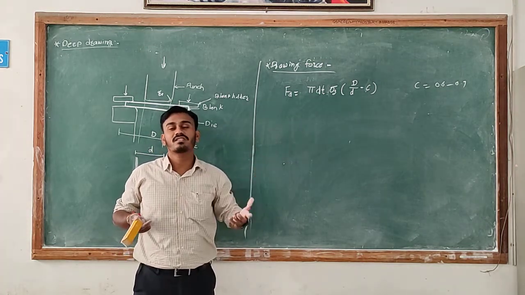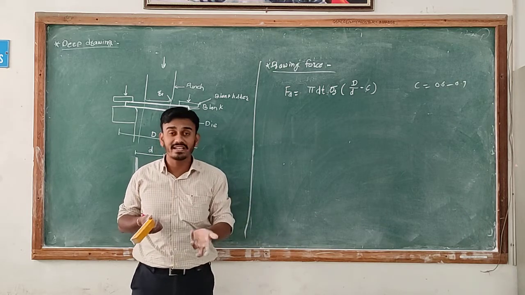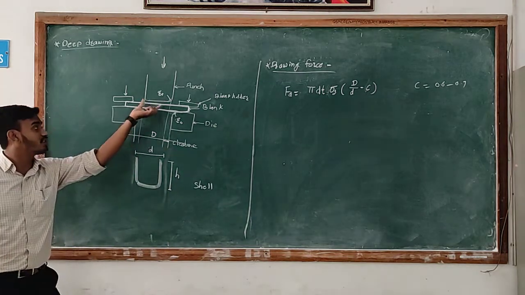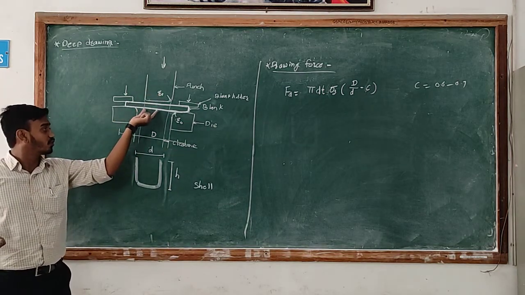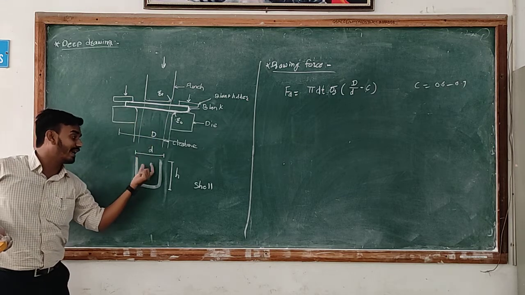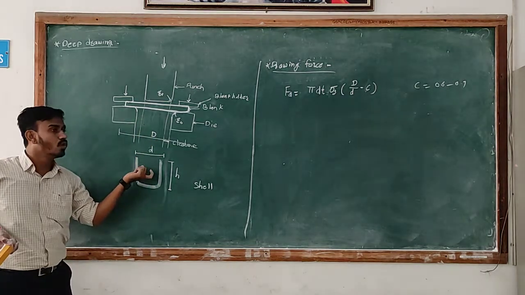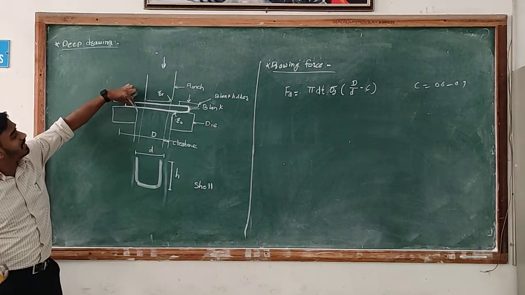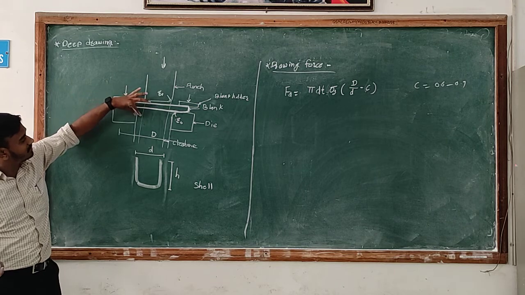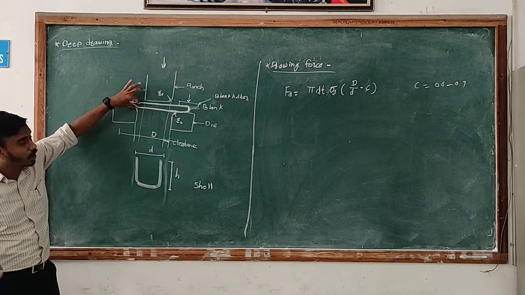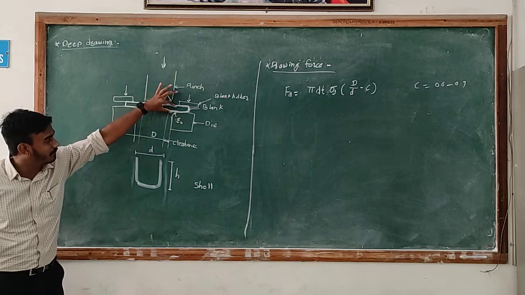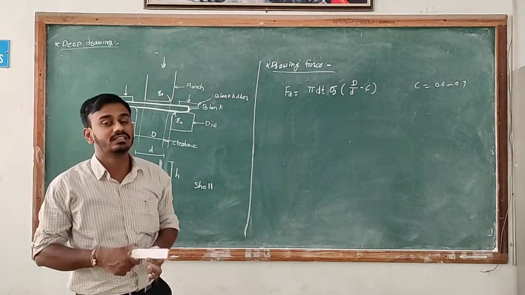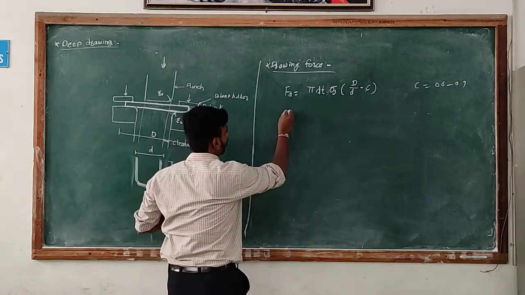But in the drawing process, the ideal drawing will not be obtained. There is some bending and some friction as well, because when the punch applies a force, the blank will move inside the die cavity, and there is friction here and here. The bending of the blank also takes place here.